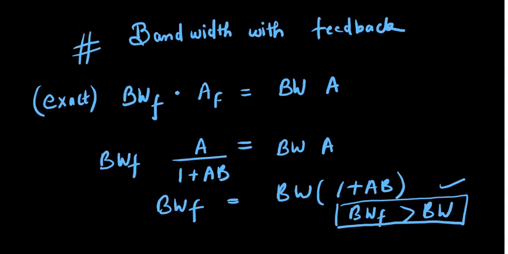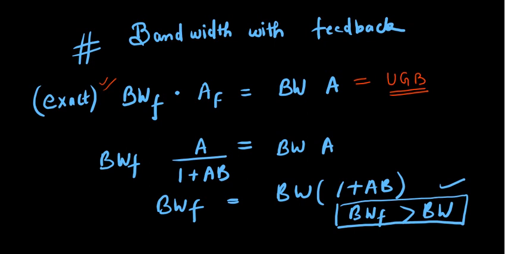We have discussed this bandwidth concept with feedback, but there we assumed that AF was ideal. So the same concept we can use with the exact value of AF, correct? So gain bandwidth product is constant. You can also equate this term as unity gain bandwidth,